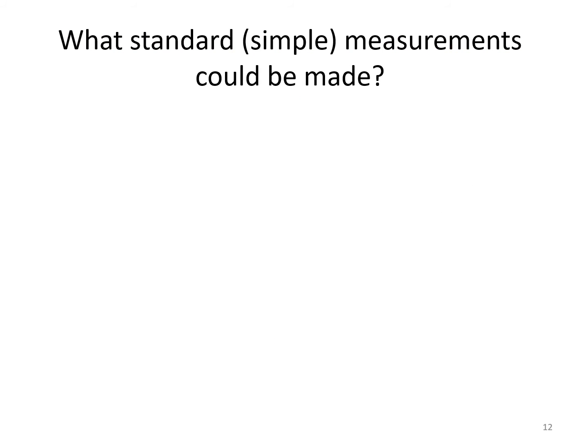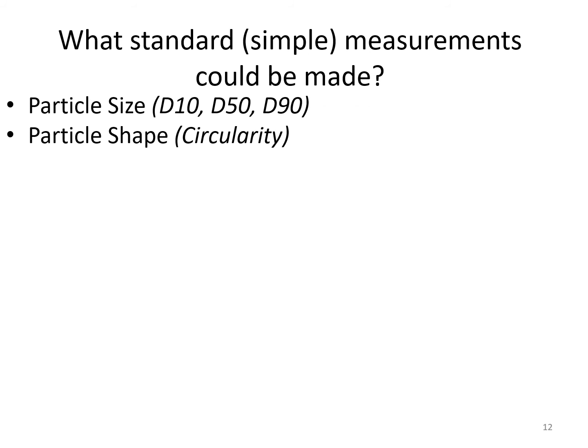So one of the things we were keen to think about is, what measurements would you do? How would you go about that? And so from the survey, from our own thoughts, we said, well, first of all, let's look at the size of the particle and the shape. And we also would say we need to have some idea about the distribution of the size. So we look at what the 10% value was, 50%, and the diameter at 90% value would be. We'd also look at the particle shape. We said we start with a simple concept as to how close to a circle is it.